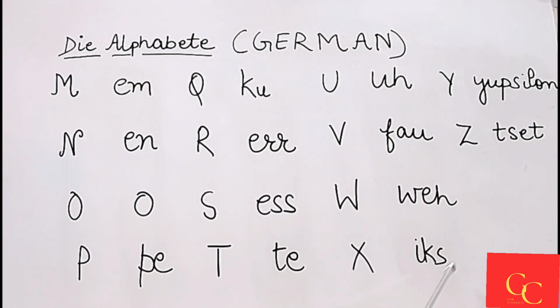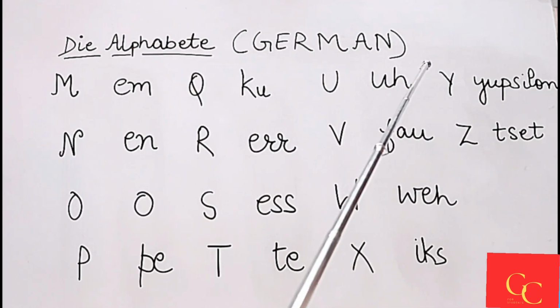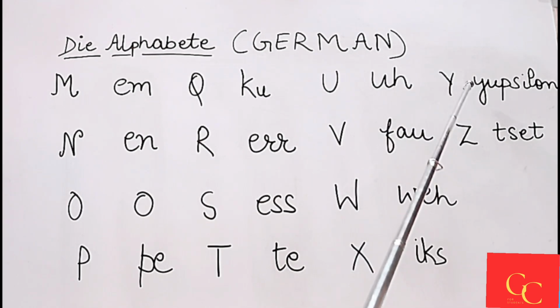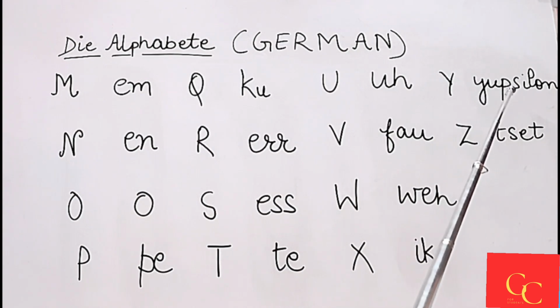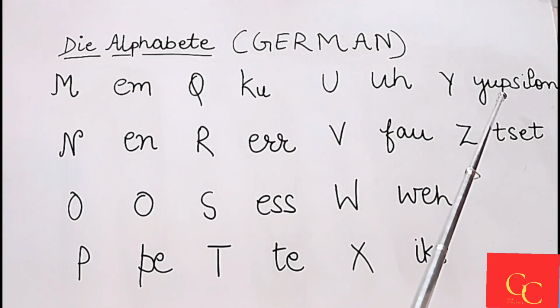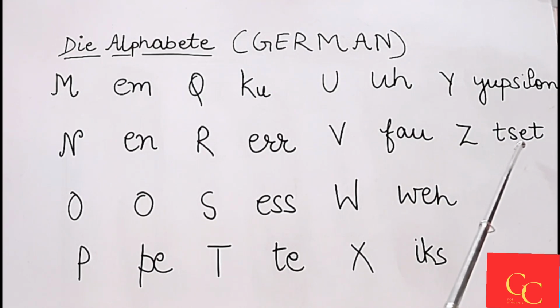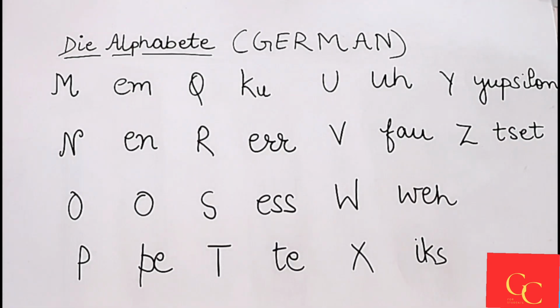X is X. X. What about Y? Y is Upsilon. Upsilon. Z is set. Set. I hope you have understood these alphabets. However, the German alphabets contain one additional character and umlauted forms of 3 vowels that we are going to discuss